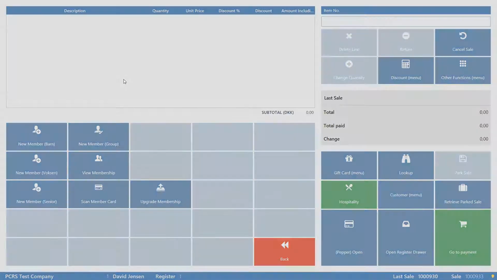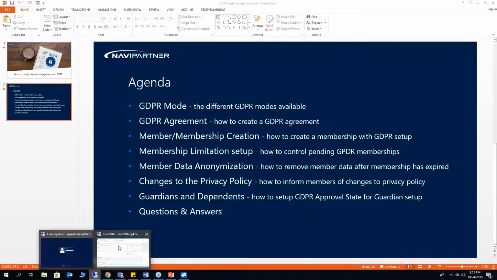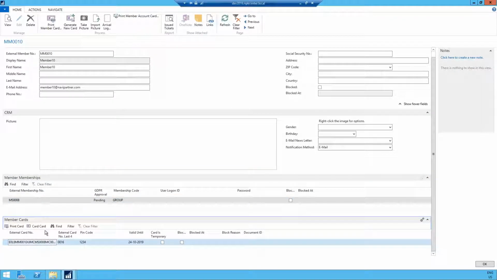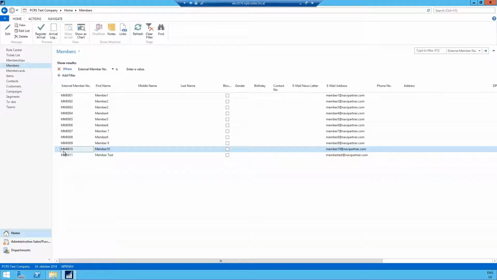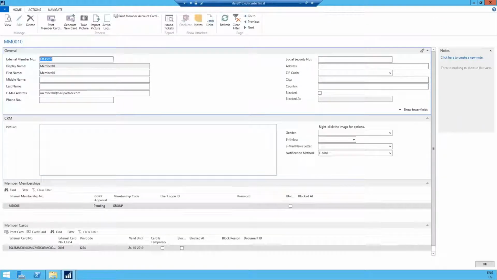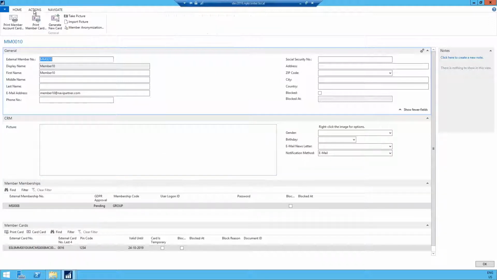So, for example, if a member wants to be removed from the system, they can contact you and say that they don't want to have their information in the system. So you can anonymize the member directly on the member card. You have a process to anonymize here. So clicking on member,